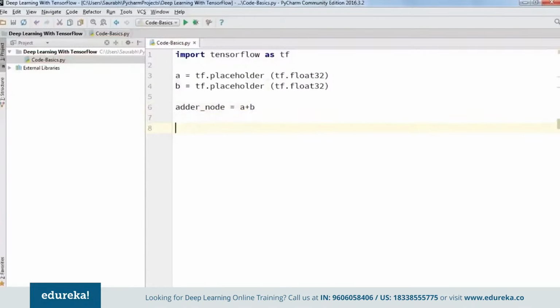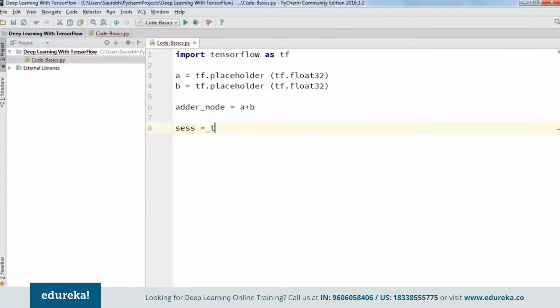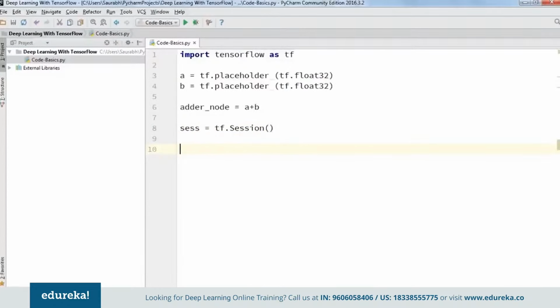And now our placeholders are currently empty. As I told you earlier as well, placeholders are nothing but a promise to feed values later. So this is how we have built a computational graph. Now our next step is to start a session. So for that, I'm going to type in ses equals tf.Session. Since these placeholders are currently empty, and they are a promise to provide them with certain values later,